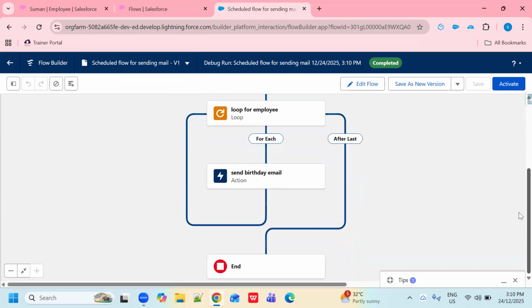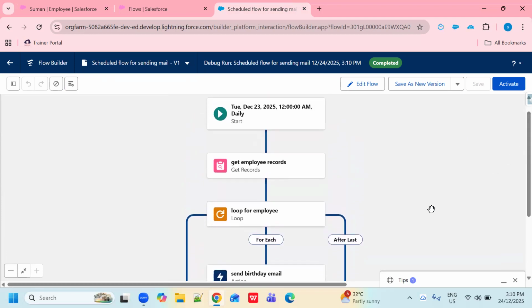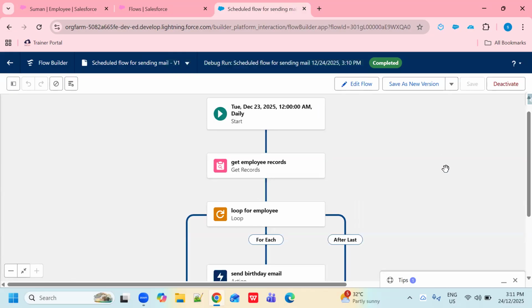So in this way we can create our scheduled flow to send birthday wishes. Similarly you can apply the same scenario for due dates and as per your requirement, right? If I activate this, it will run and send the birthday wishes mail at this time, right? Right now I can't show you. So that's all about the scheduled flow.